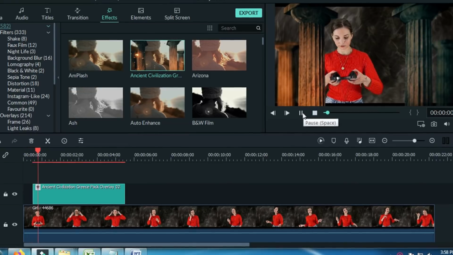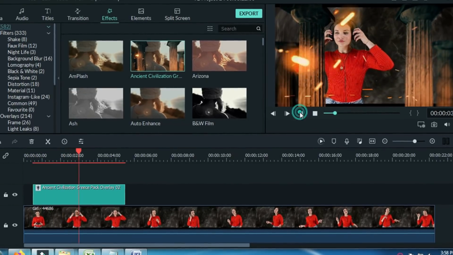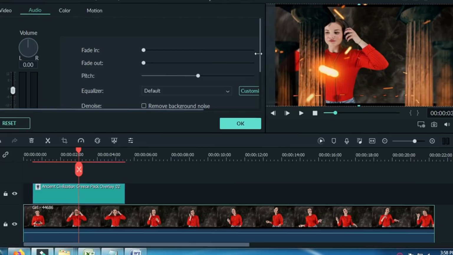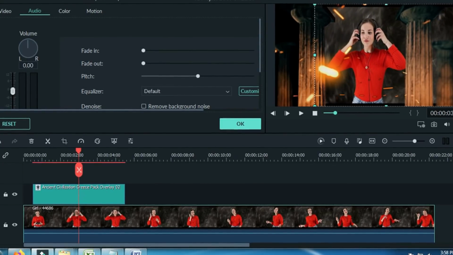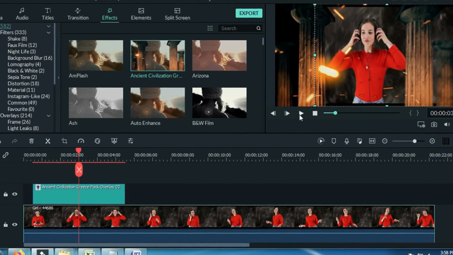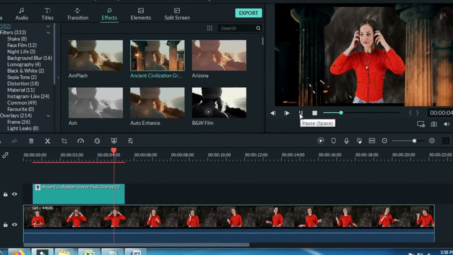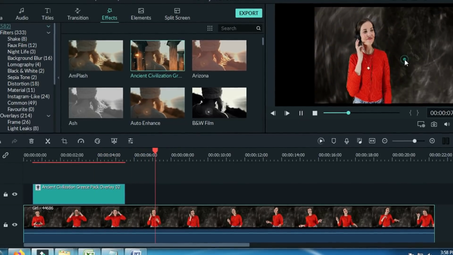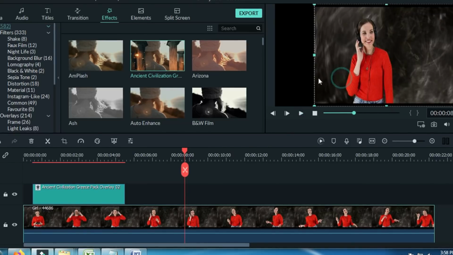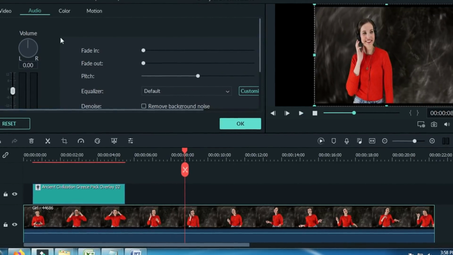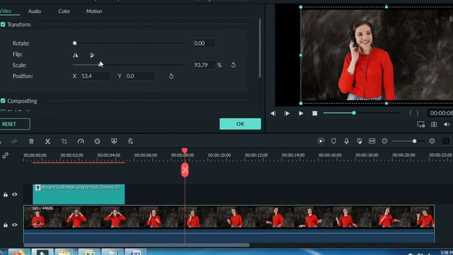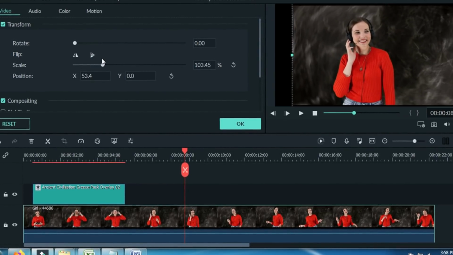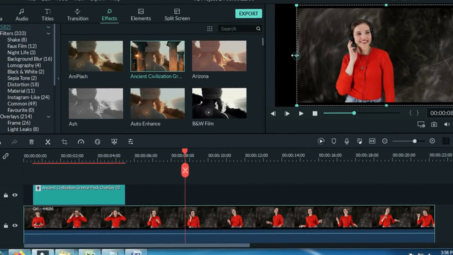You can adjust the scale also. Okay, I'm playing this. We can adjust the scale here from transform, or you can adjust manually.